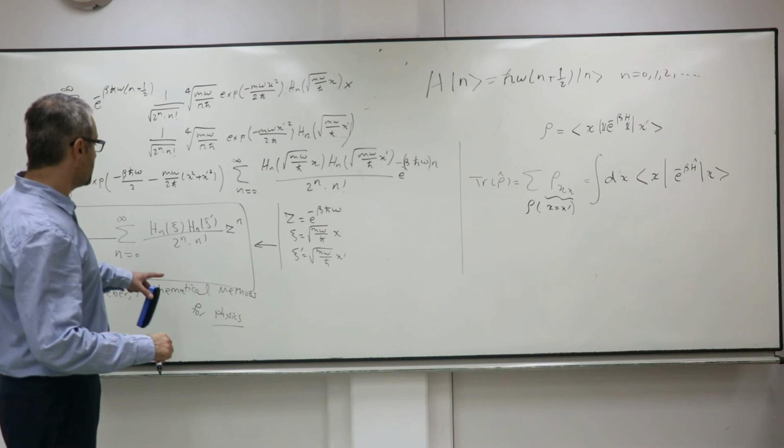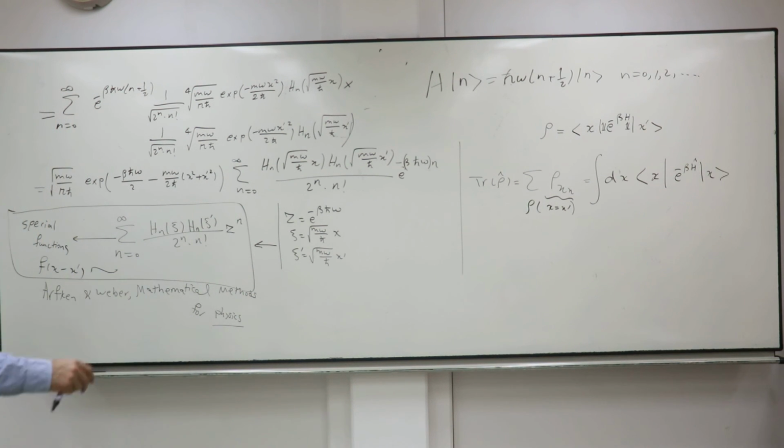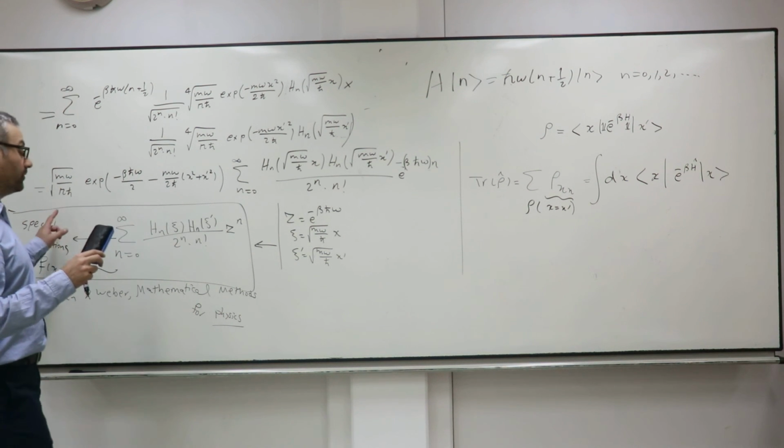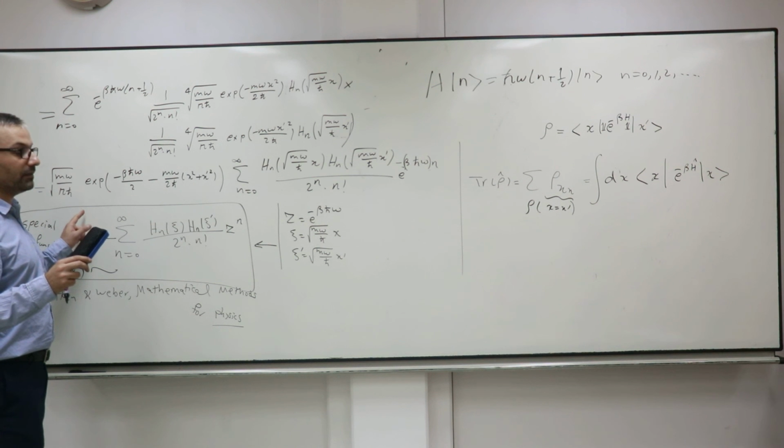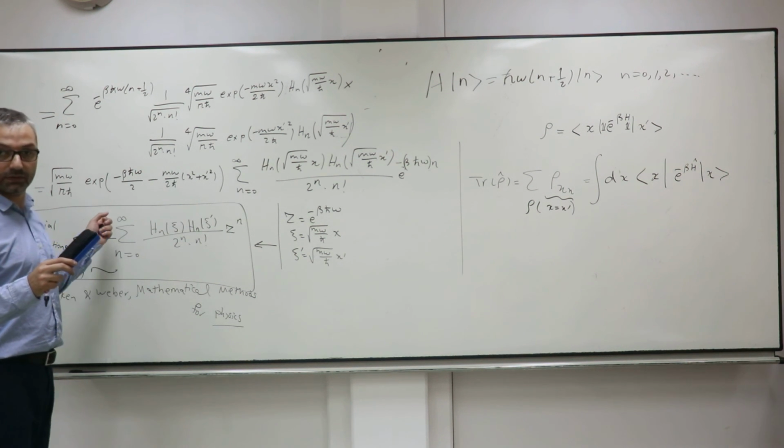But everything depends on this, so you see that working for the harmonic oscillator, finding the rho. Of course, if somebody asks you what the rho matrix is, you need to go to the von Neumann theorem. But if somebody just asks you, for example, what is the average of the energy in the harmonic oscillator,